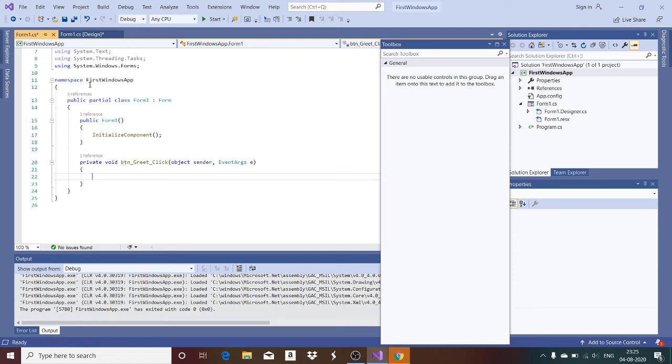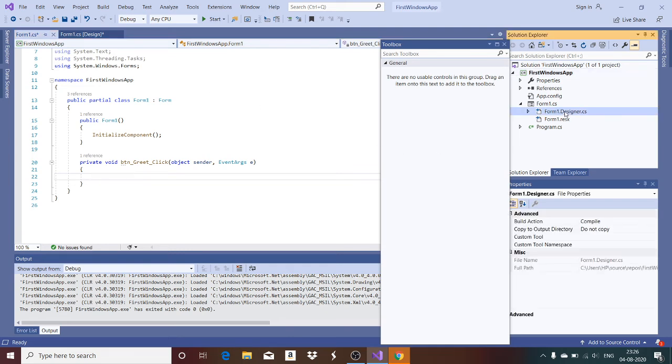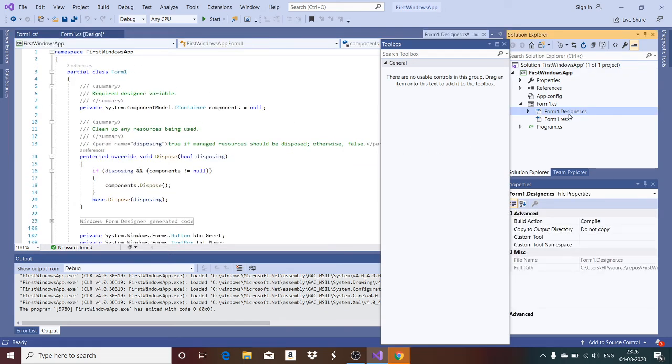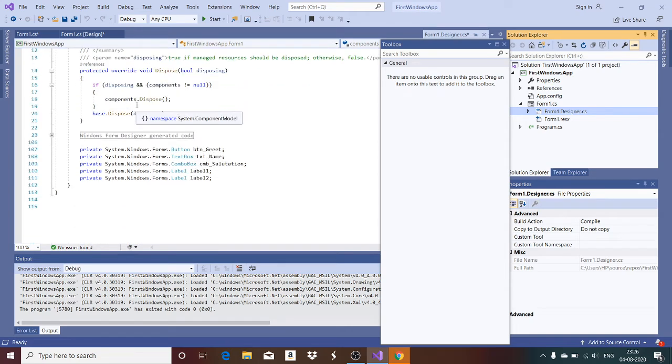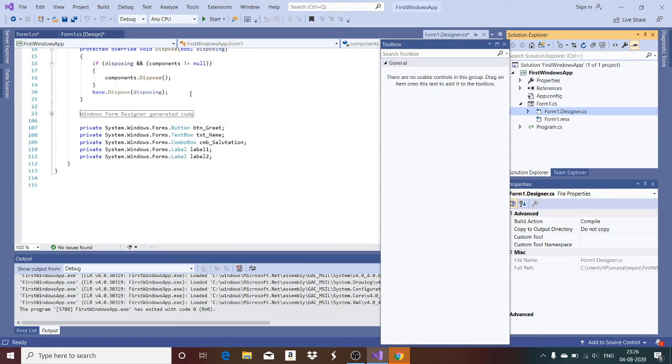So when you click a button, it is called an event is triggered on the button object. When you change something in the text box, you are triggering the text box change event for the application. So all the event handlers must be specified in the file called form1.cs. And what do you have in form1.designer.cs? Designer.cs contains all the objects that are required for your form layout. This is what you have to understand.